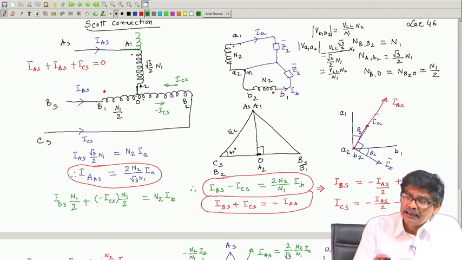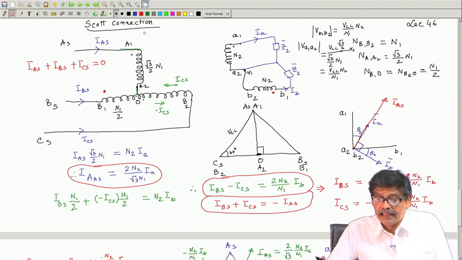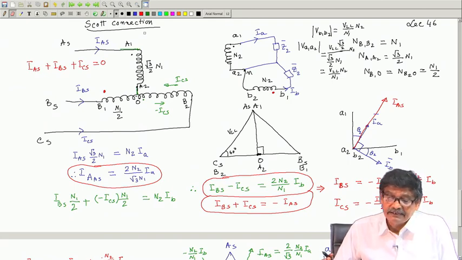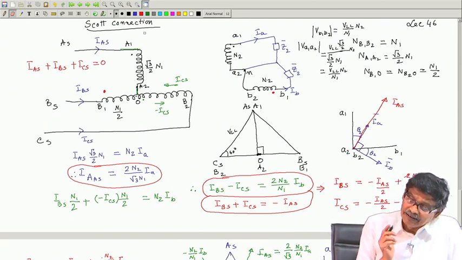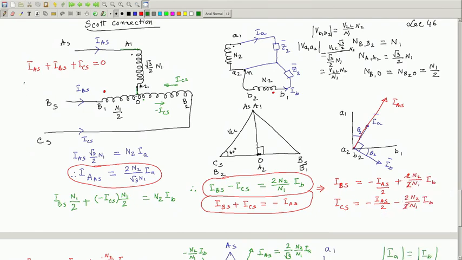You understand that. Anyway, I do not want to complicate the figure by drawing that, because this is the thing and you get a balanced two phase system. Acha, it is just a question, to check if you have understood it correctly: suppose you have a supply neutral also available, N s, and I ask you, can this N s be connected somewhere in this circuit? See, a star connected load